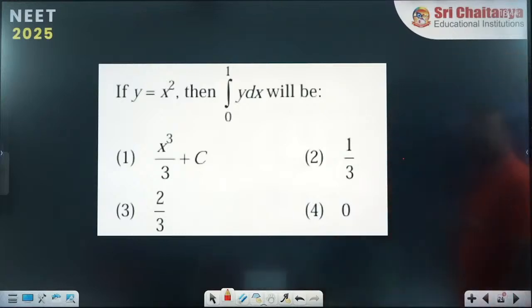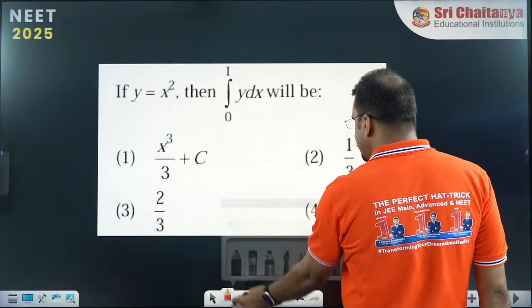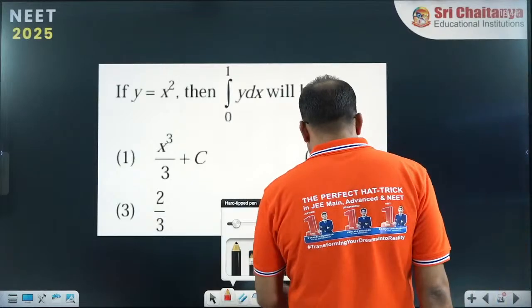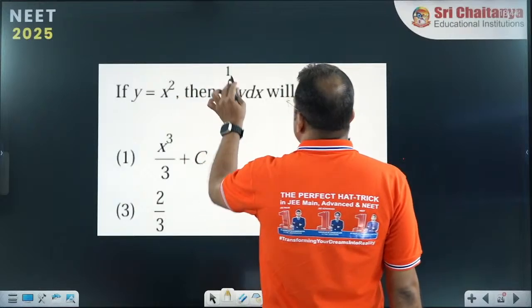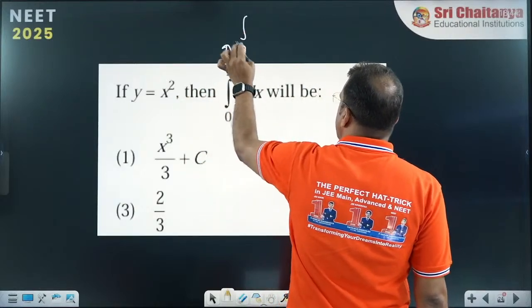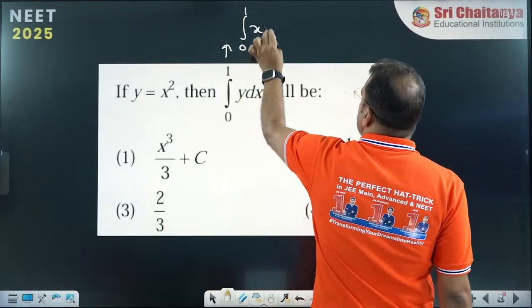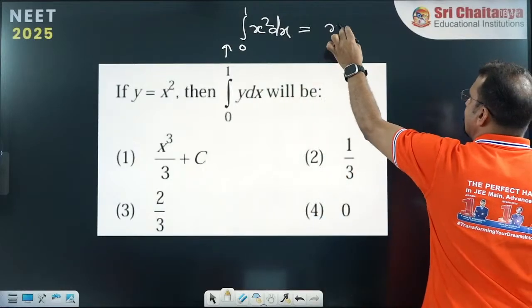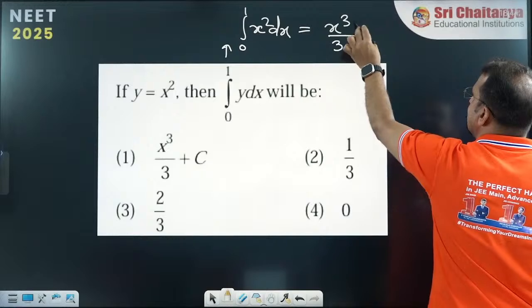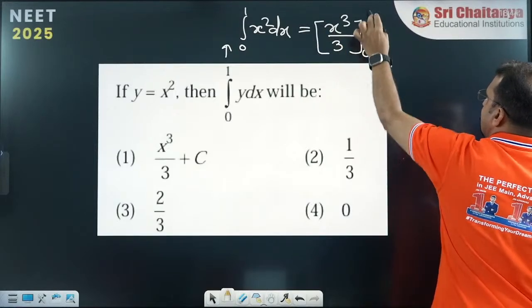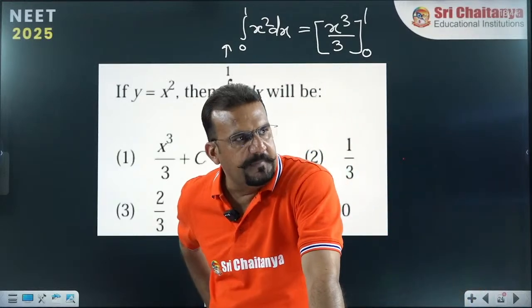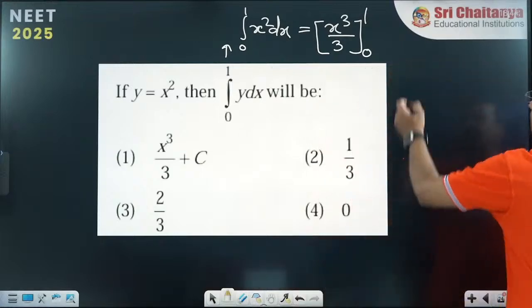y equal to x square is given. What do you have to calculate? This is definite integration, my dear students, not indefinite, which means there is no constant required. Do it fast. The value of y is x square, which means you have to integrate 0 to 1 x square dx. What is the integration of x square? Yes, the integration of x square is going to be x power 3 divided by 3. And after that, limits. If students still get confused in limits, the upper part is the upper limit and the lower part is the lower limit. Now put the values.